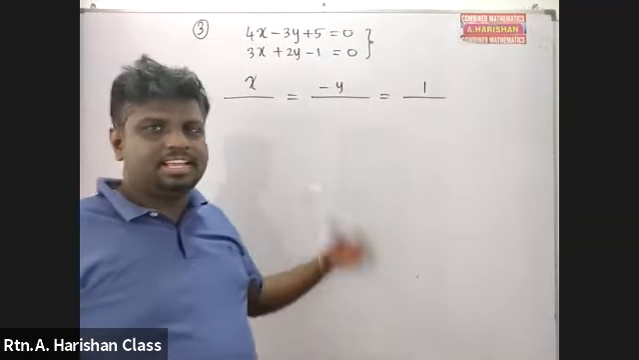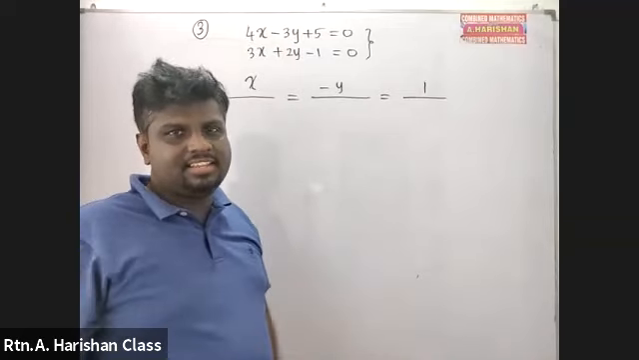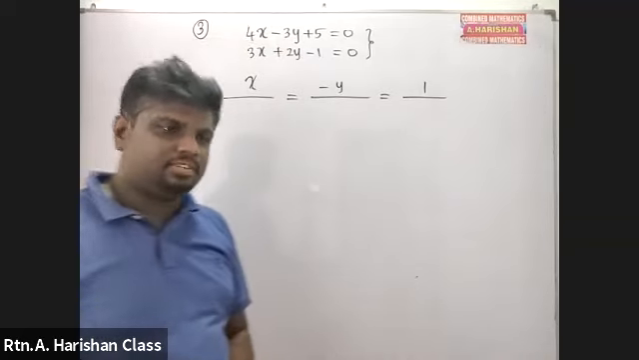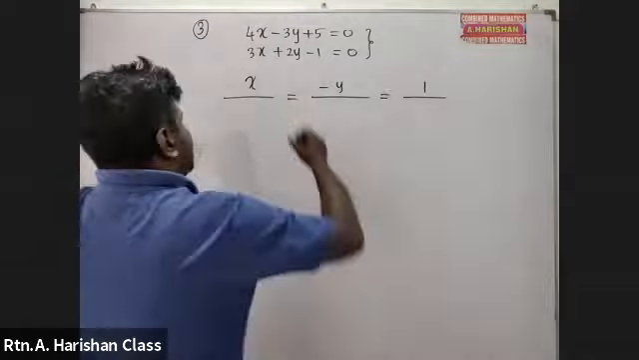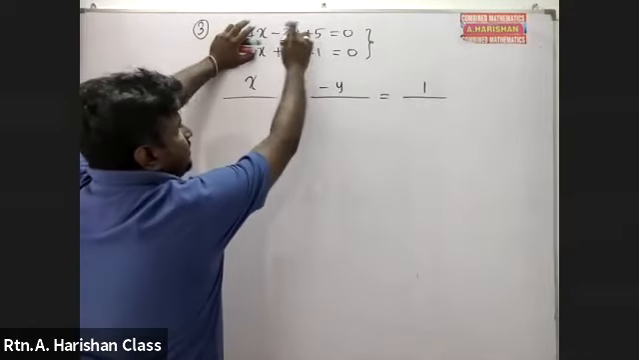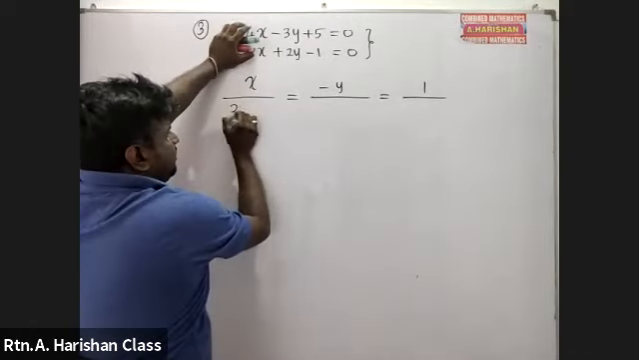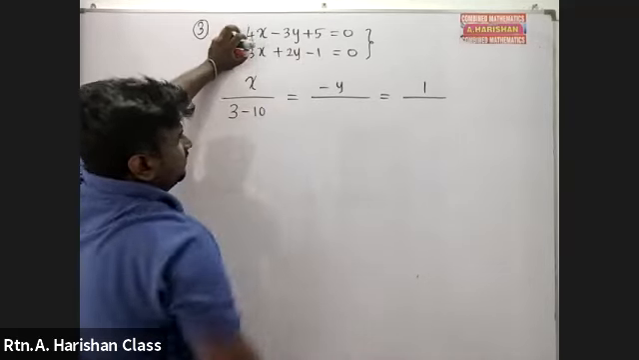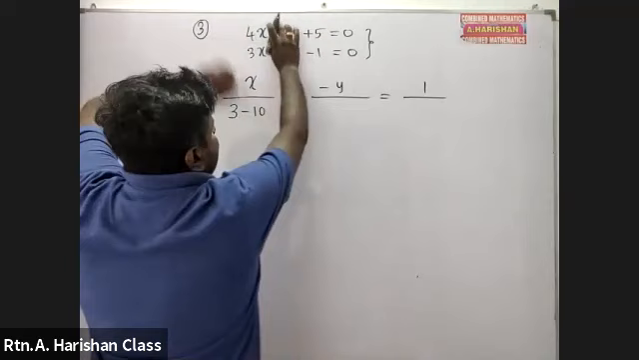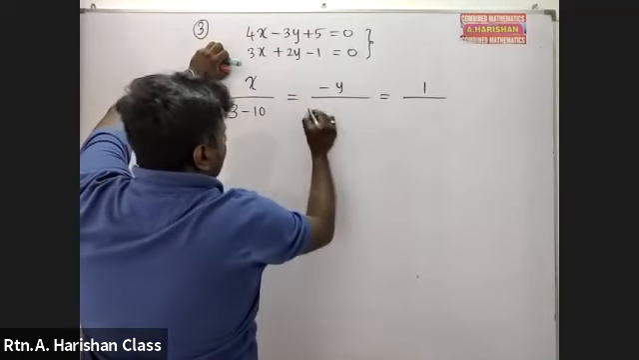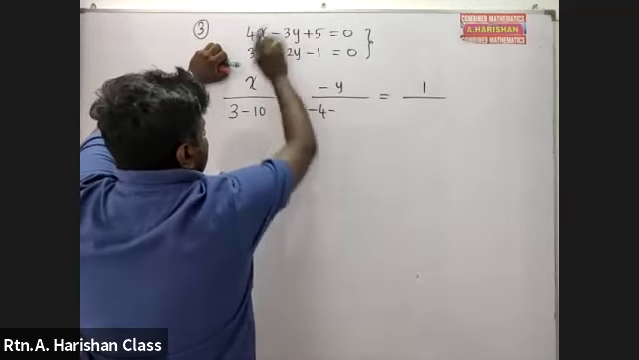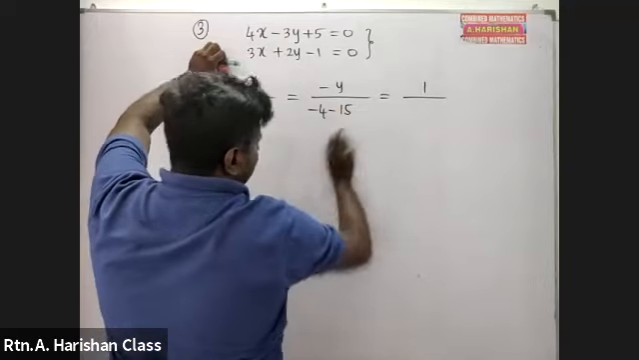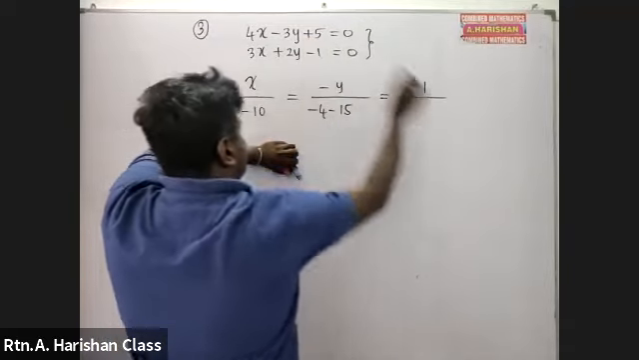If you prefer this method, what I give is the easiest and simplest. Fastest. Now I hide this: minus 3 into minus 1, 3, minus 2 into 5, 10. Then I hide this direction: minus 4, minus 15. I hide this direction: 8,